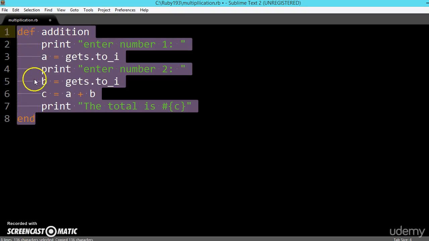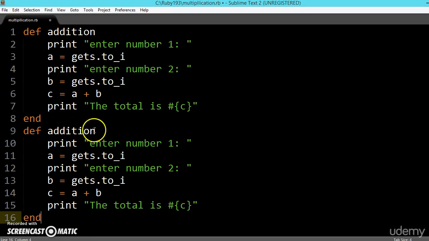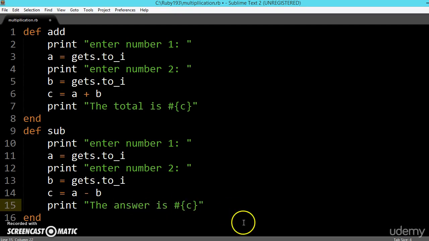Let me copy it, paste it and make the changes. Let us say sub. This also we will be calling add for simplicity, and here we will be giving minus, and the, let us say, answer is, get it from the c.